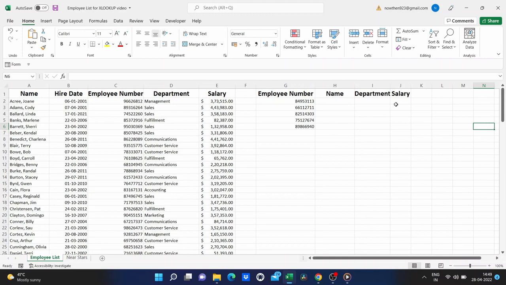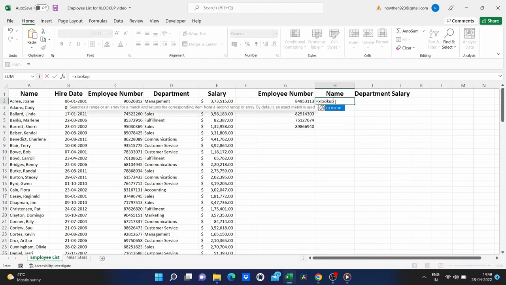So, I'm going to click here on H2 and I'm going to write my formula that uses the XLOOKUP function. I'll type equals XLOOKUP, and as I type, you can see Excel recommends that I use the XLOOKUP function. I could just click on that to select it, or I could keep typing. Next, I'll put the left parenthesis, and as always, at this point, Microsoft Excel is giving me some tips to help me successfully write the rest of the formula.